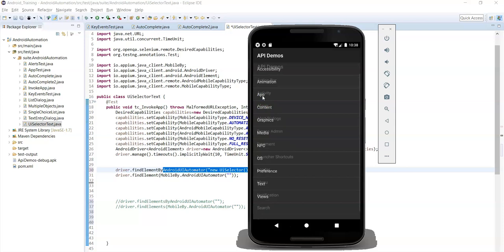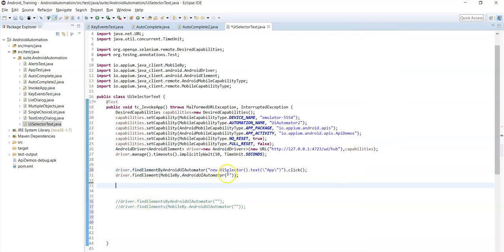After clicking app name, if you want to click on alert dialogues, you can create locators, new UI selector dot text contains. The order can be anything, you can use any method.